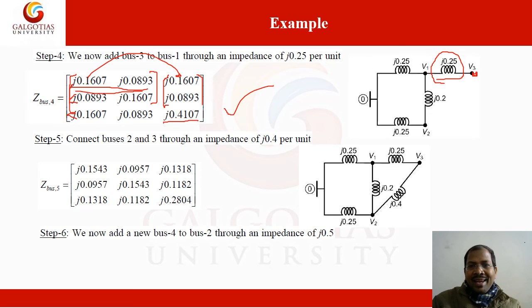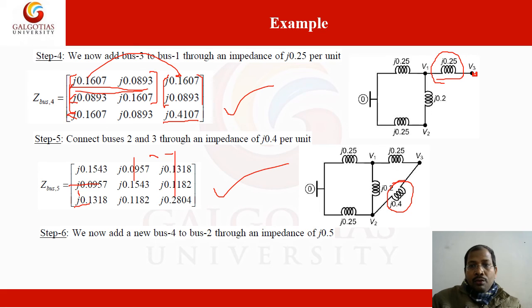Now we have to again add a transmission line between bus 2 and 3. So here we have to apply step 4. Step 4 means we have to modify the Z bus: Z bus old minus 1 by Z22 plus Z33 plus ZB minus twice Z23, or twice Z32. So here we take the second column of the column matrix, this column minus this, and for rows we take this minus this. So multiply and simplify. Step 4 we can simplify.